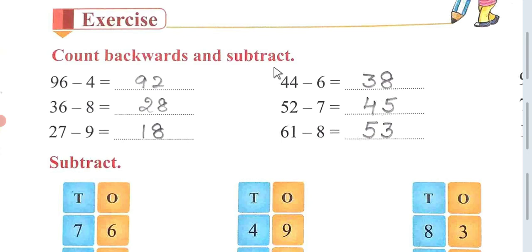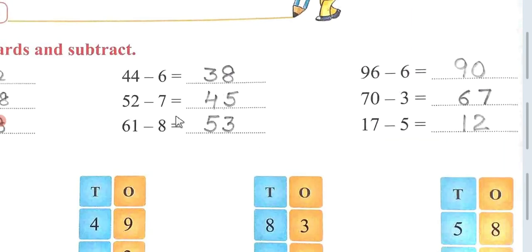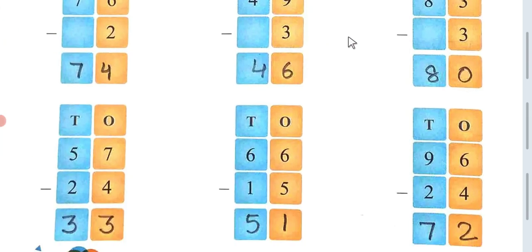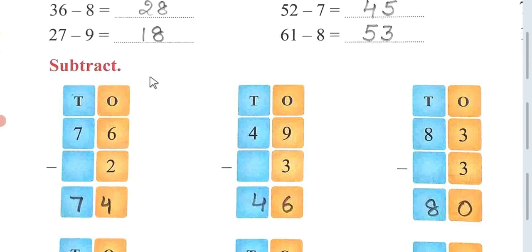Count backward, add, subtract. 76 minus 4 is 72. 36 minus 8 is 28. 27 minus 9 is 18. 44 minus 6 is 38. 52 minus 7 is 45. 61 minus 8 is 53. 96 minus 6 is 90. 70 minus 3 is 67. And 17 minus 5 is 12. So please see the exercise I have done, that is given on page number 30 for